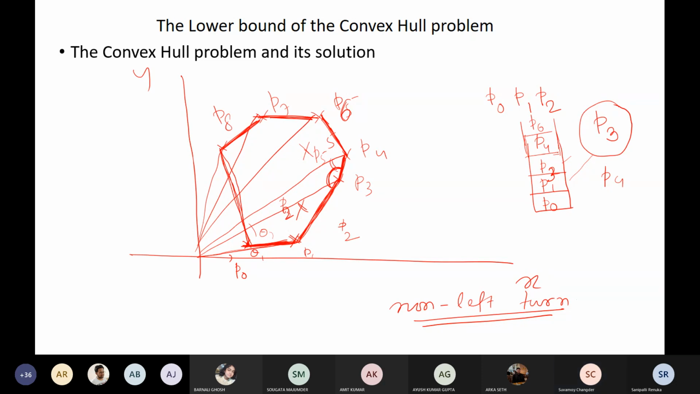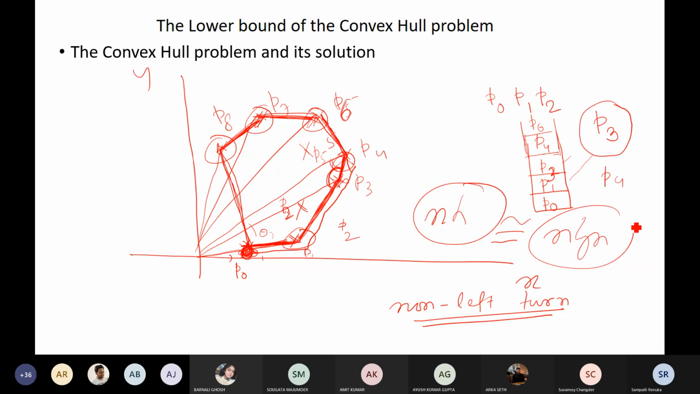Okay. And Jarvis march is more or less the same, which says that you consider a rubber band or a stretchable thread, and nail it at the first point P0, then you move this anti-clockwise, then you get P3 marked, then again you turn and P4 is marked, then you turn and P6 is marked, then P7, then P8 and so on. So these are the vertices of the convex hull, and the Jarvis march says that it will take time n into h, which is again